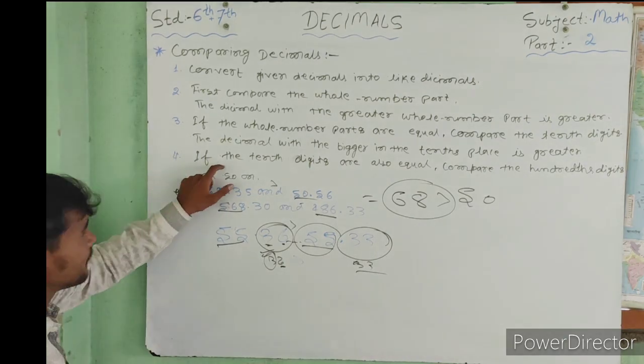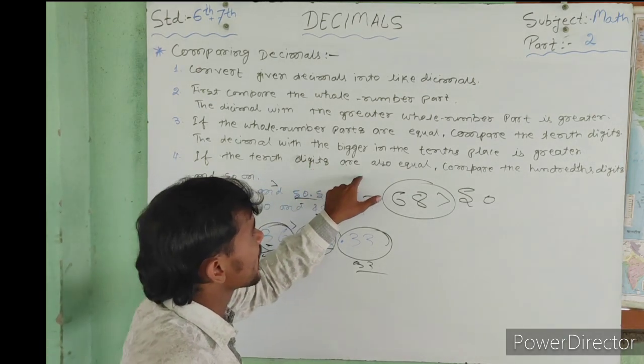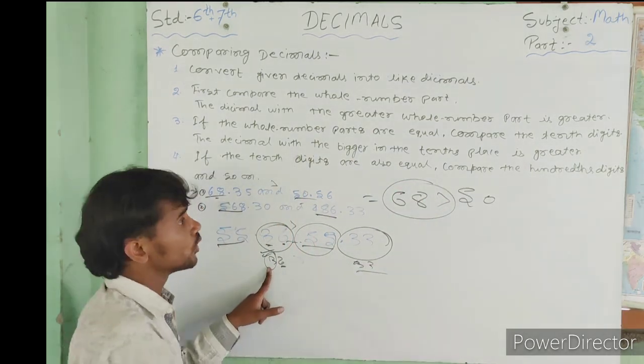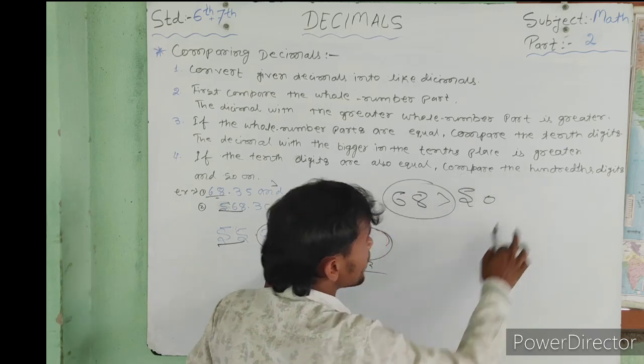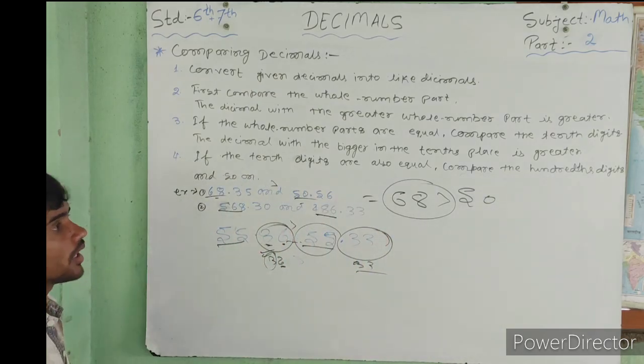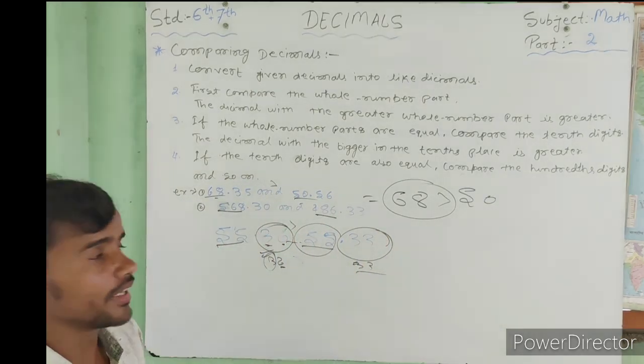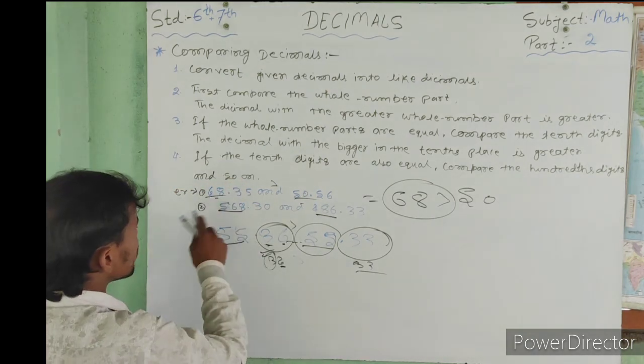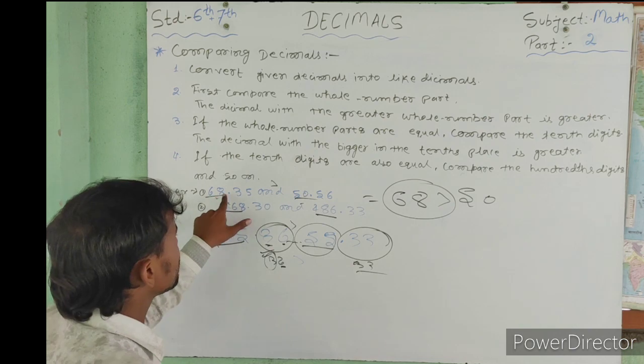Next, if the tenths digits are also equal, what can I do? Compare the hundredths digit. If a hundredths digit is available, compare the hundredths digit, and so on. Just like here, you also see the example 68.35,